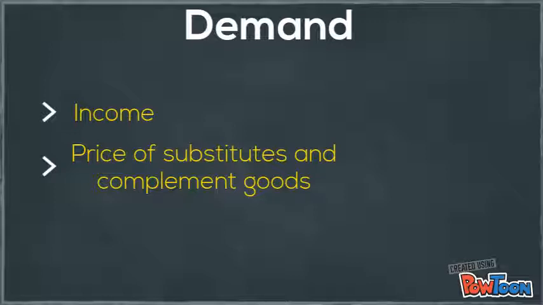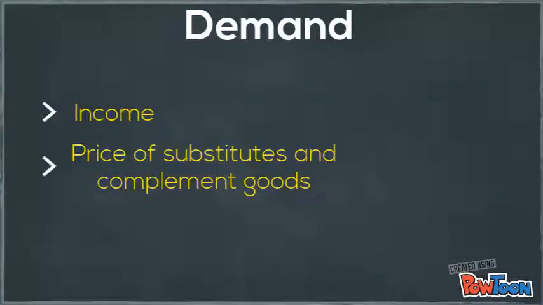Higher income earners are less price sensitive, but average income earners are more price sensitive. An example of a complement good is a hotel room, because a decrease in the cost of hotel rooms may increase the demand for airline tickets. Therefore, the quantity demanded for airline tickets will rise. The substitute good is a train ticket, because it is inexpensive and affordable for the consumer. Hence, the quantity demanded for airline tickets will fall.